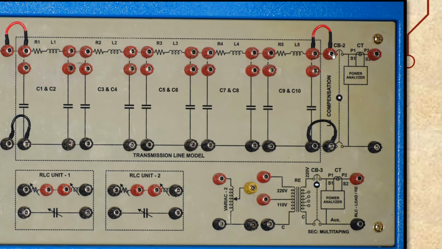To do the experiment in one run, we directly connect the compensation terminals after the circuit breaker, so that after turning on the circuit breaker it will become with compensation, and after turning off the circuit breaker it will become without compensation.